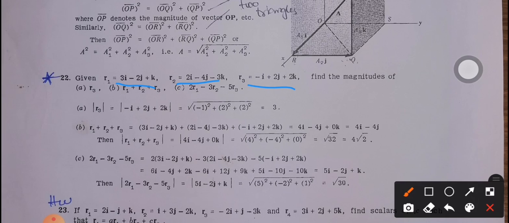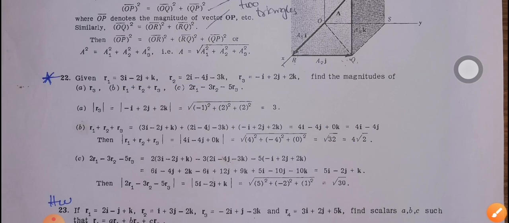One way is that we construct the vectors. For example, the first vector can be constructed this way: the first component is 3, so I will move 3 units on the x-axis. Then the second component is -2, which means I will move towards the left-hand side on the y-axis. So here is the second point, and then we have to move 1 unit upward, and this will be my vector.